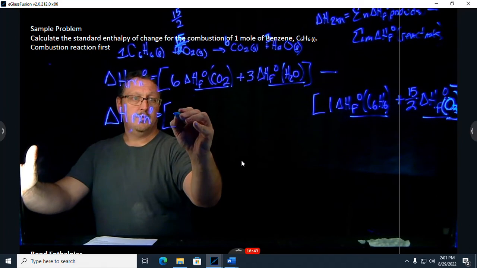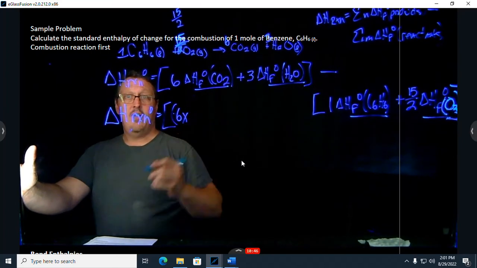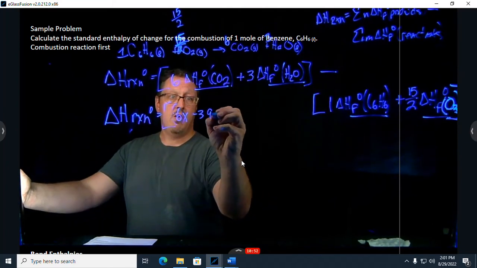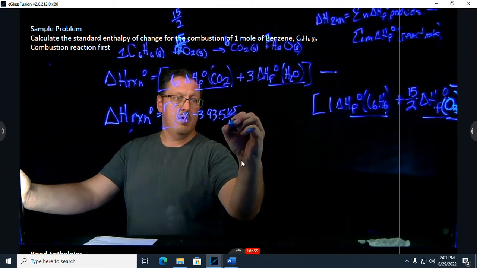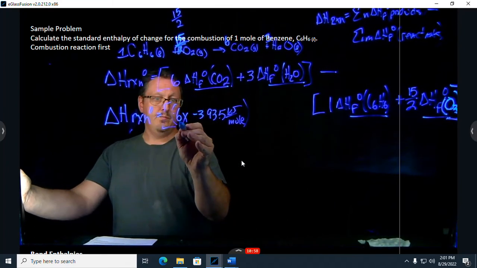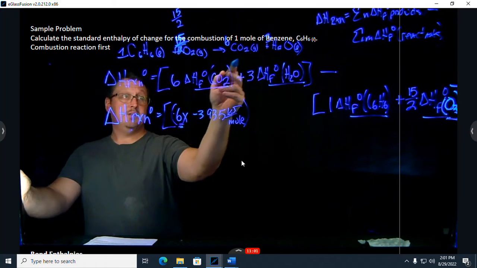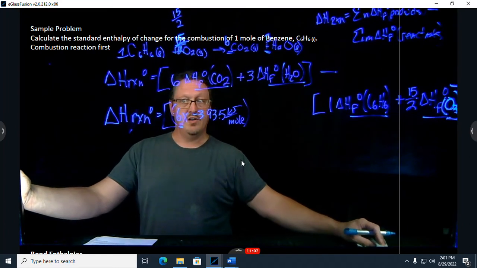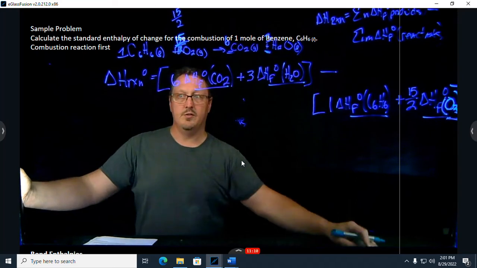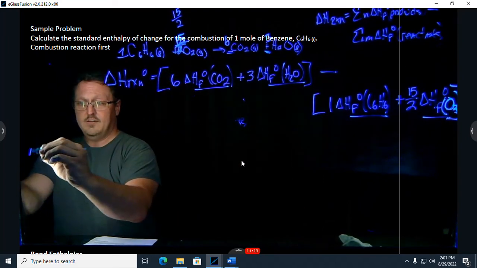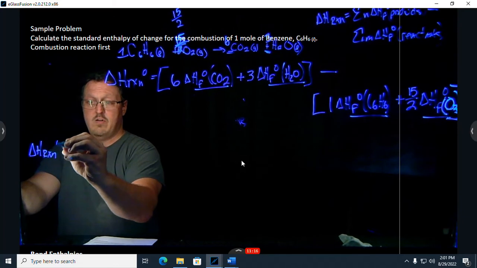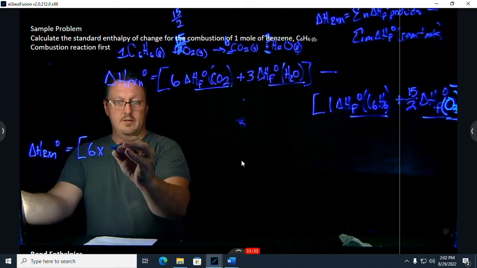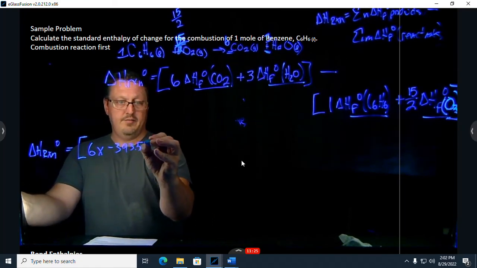First one is going to be 6 times the delta H of formation of CO2, which is negative 393.5 kilojoules per mole. This number is in moles, because that is the stoichiometric coefficient, so those are moles. Actually, I'm going to rewrite that one and move it over a bit so I don't have quite as much space. I'm sorry. So delta H reaction is going to equal 6 times CO2, negative 393.5 kilojoules per mole,